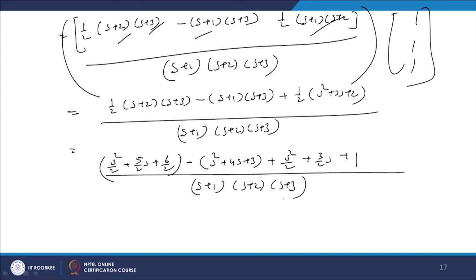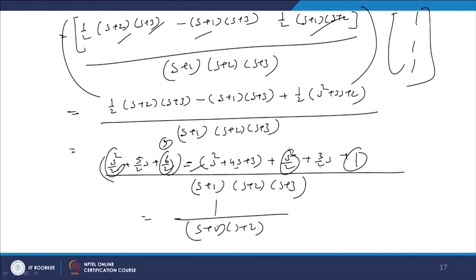Now you just see here, this s square by 2 becomes s square, and this cancels with minus s square. Then just see here, this is 3 by 2 s, and here 5 by 2 s, so 3 by 2 s plus 5 by 2 s equals 4 s, and plus 4 s is subtracted with minus 4 s, becomes 0. And lastly, this is 6 by 2, which is 3, and it is minus 3, so 3 minus 3 cancels, becomes 0. And finally we got 1 upon s plus 1, s plus 2, s plus 3,